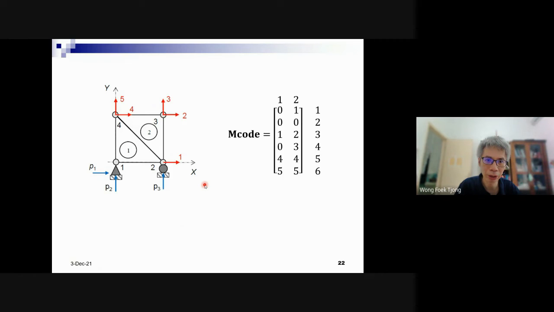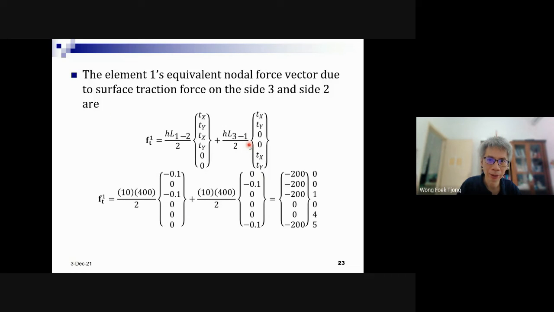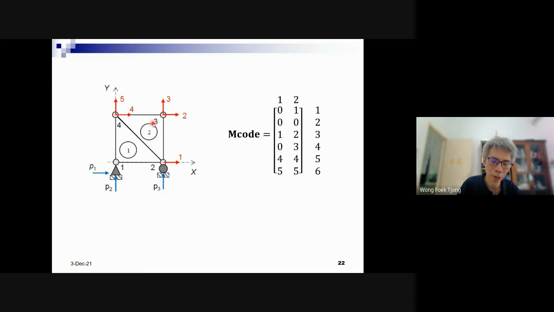We can use the same elements as before, 2 elements, but the degrees of freedom are a little bit different because of the different support, right? And then you can also write again the M code. How about the stiffness matrix? Do we need to recalculate? No need, because it will be the same as before, because of the similar structure, the same mesh. Because of the same mesh, we don't need to recalculate the stiffness matrix. It will be the same, okay?